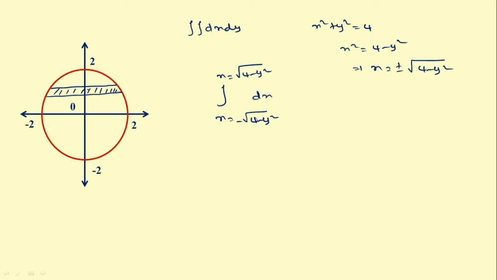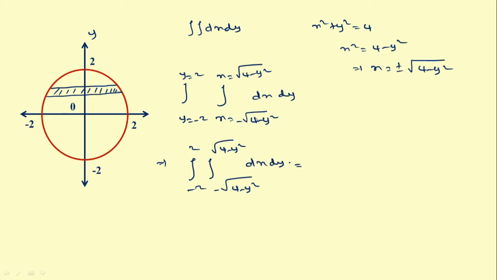Now the horizontal strip moves along y-axis from minus 2 to plus 2, that is y equal to minus 2 to y equal to 2, that is the outer integral dy. Now see the question, double integral minus 2 to 2, minus root of 4 minus y square to root of 4 minus y square dx dy. So however the question is changed, again it stands for area of the circle with radius 2. So that is the answer, 4 pi square units.